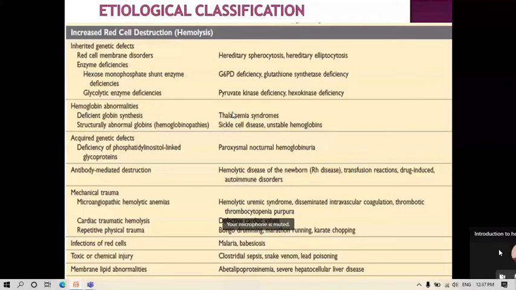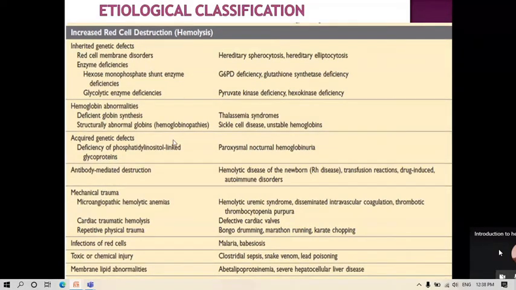Sickle cell, same mechanism. Because of some mutations in the beta chain, the shape of the RBCs will change from the normal biconcave shape to the sickle shape, and again they will be destroyed in the spleen, and simultaneously they will accumulate inside the capillaries also. Whenever they accumulate inside the capillaries, blood will not go to the respective organs. So there will be cyanosis. The patient will have leg and chest syndrome, because of the severe pain, because the blood is not flowing to those sites.